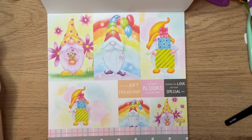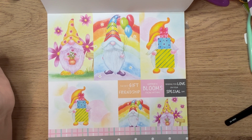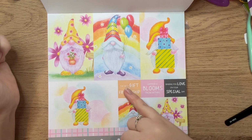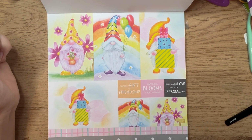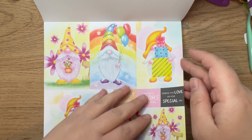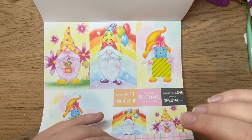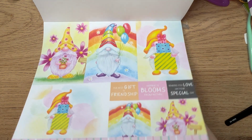Just look at those. 1, 2, 3, 4 little toppers there to make you 4 cards. You have 3 of the small sentiments. You've then got these 2 little pictures that you could possibly put onto the same card, or maybe even just back them onto 4x4s and make them stretch. Then we've got 3 little ribbon strip pieces here. So this is a slightly different format because this is the finishing touches as opposed to the perfect embellishments which